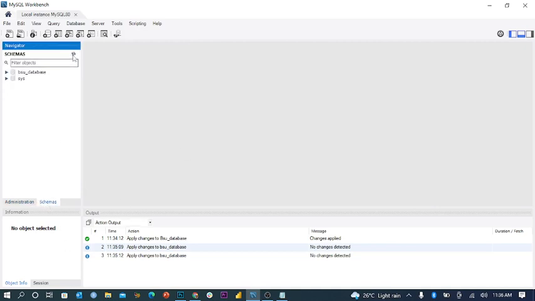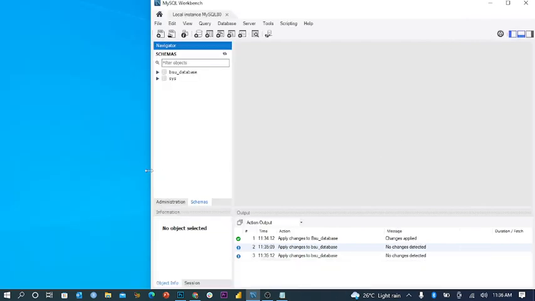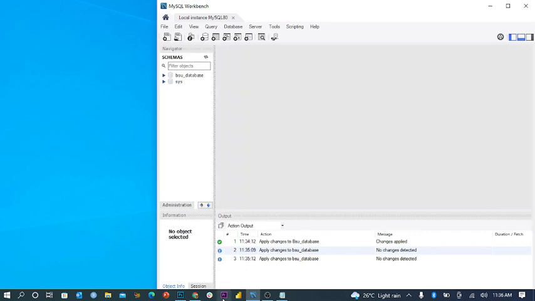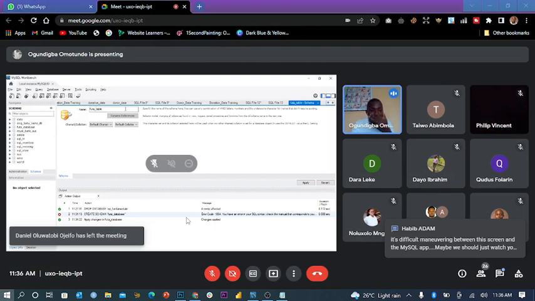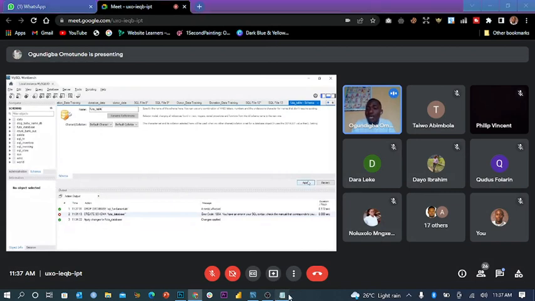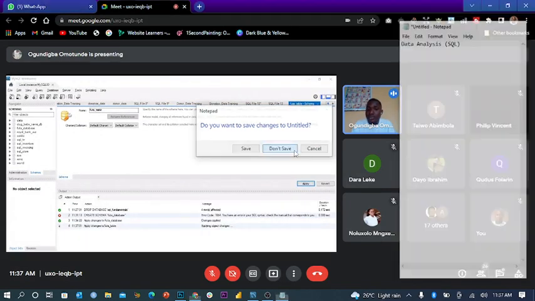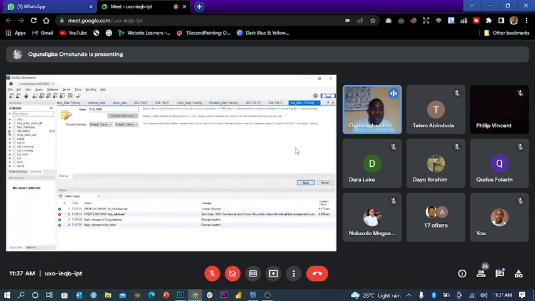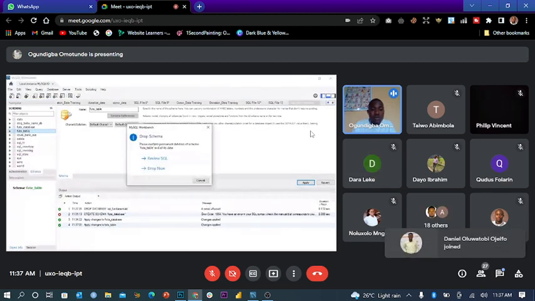You can't use space in any code in SQL. So you use underscore when you want to get space. So I use footer database. So let's assume I want to do that again. For now, I will name it footer table because you can't have same table twice. Footer table. Then you click apply. Now apply again. Then it's finished. You click finish. Okay, now it's here because I refreshed already. So this is a newly created one, but I don't need this, so I can just drop the schema. I will teach you how to drop this later. Don't worry.